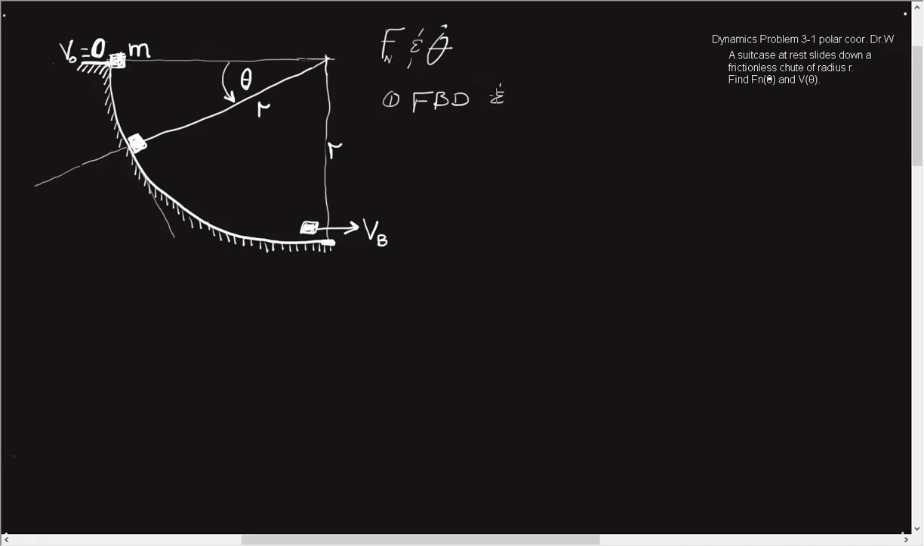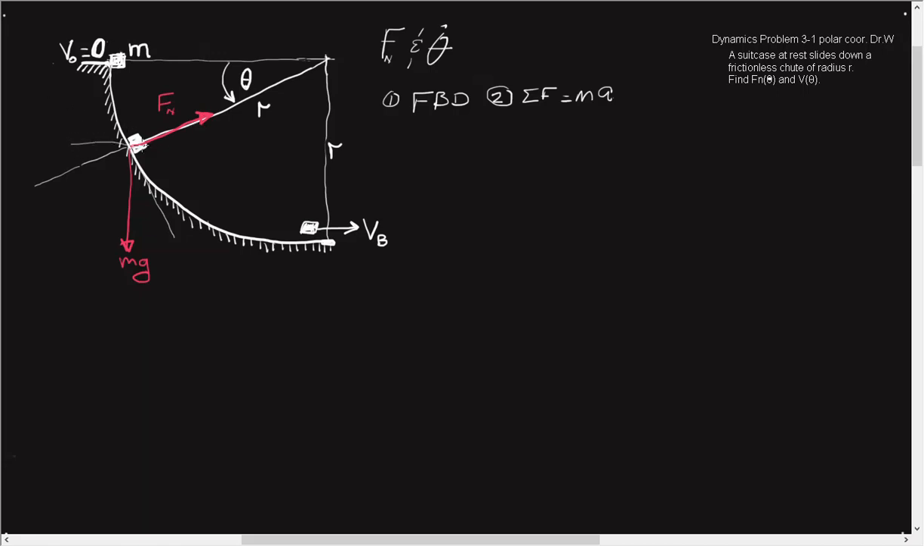and then apply Newton's second law to solve the problem. So if we come over to here, we have mg acting straight down. We have a normal force acting towards the center of the curve. And